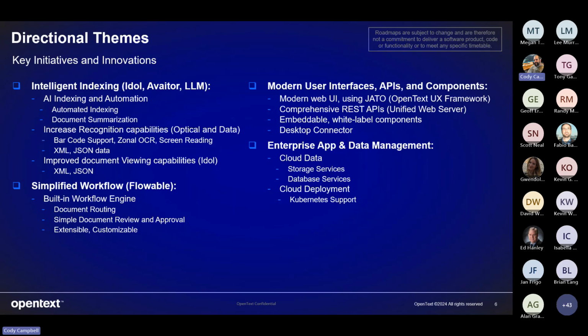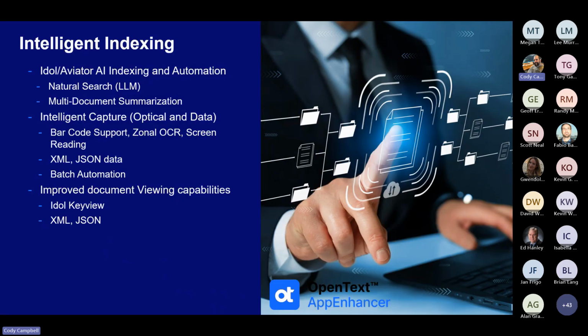But nonetheless, as we move forward, I'm going to break into each one of these a little more and expand a little bit on what they mean. So we talked about the IDOL system and using both the natural language search and the textual content that's in the IDOL to multi-document summarize. So basically, you can take a result set and summarize the whole result set. But that might only be valid if you have the right query. If you try to look at everything, it might not give you the best insights.